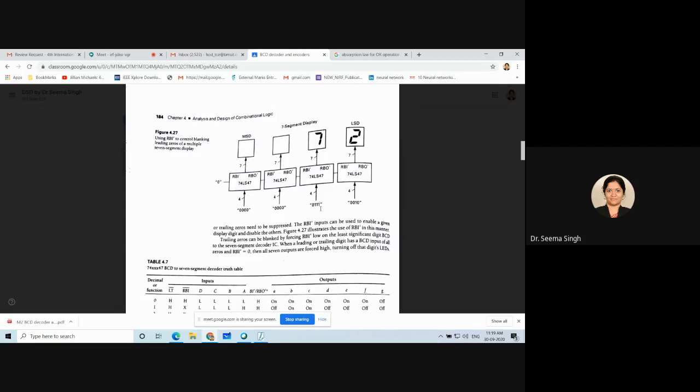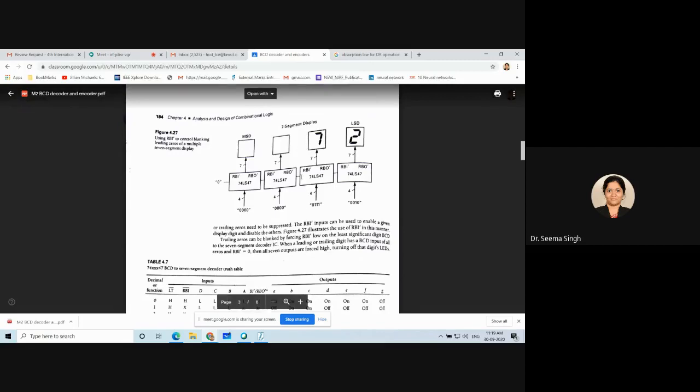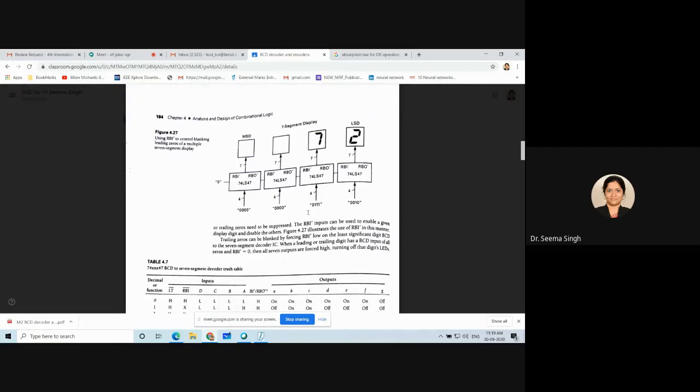Same way, when I am giving here 0111, that is a 7, here 7 is getting displayed. So whatever we give here gets displayed there. The digital circuit of this we made in one of the previous classes. The circuit you have made, along with certain more things, comes in the market with the name of 74LS47. But 74LS47 comes not only with these 4 binary inputs, there are a few more inputs.